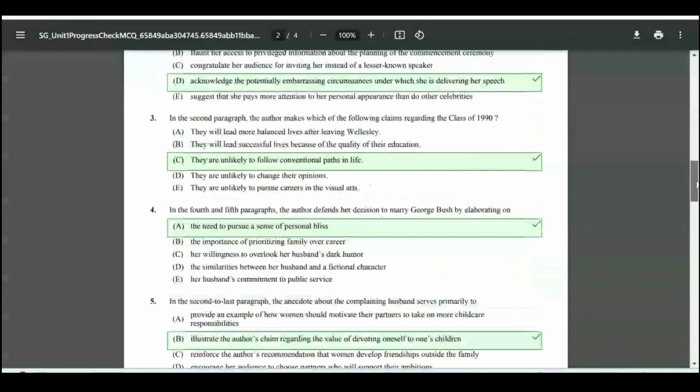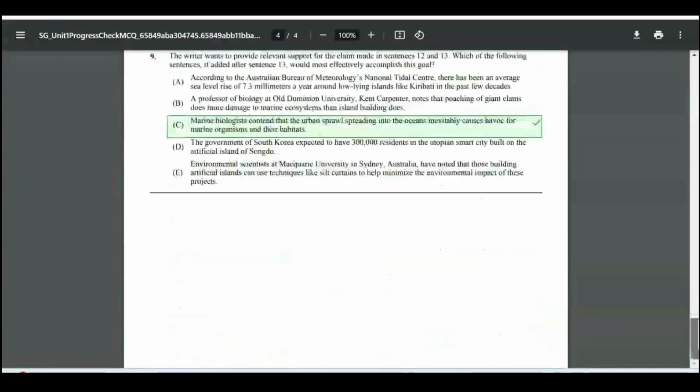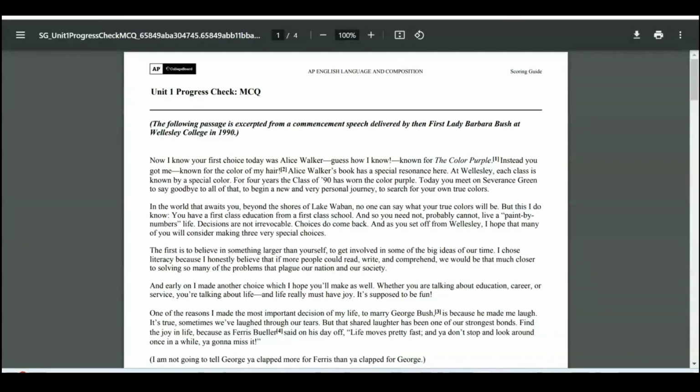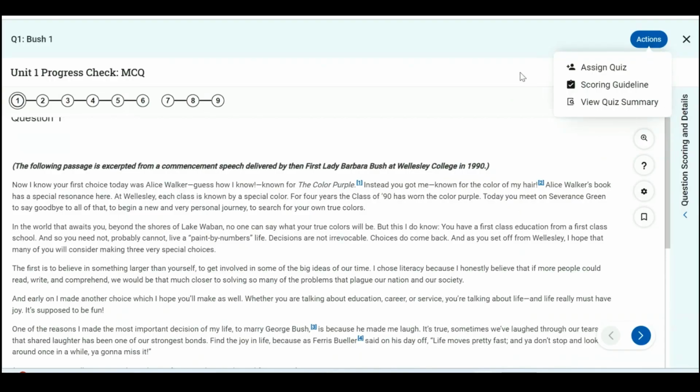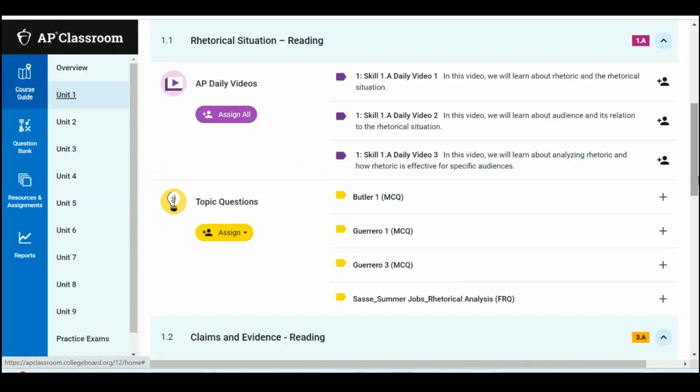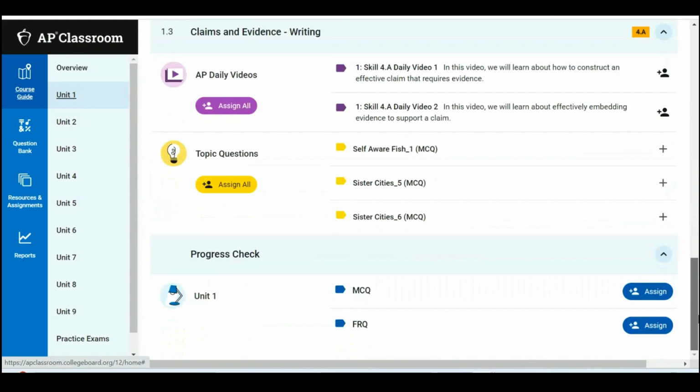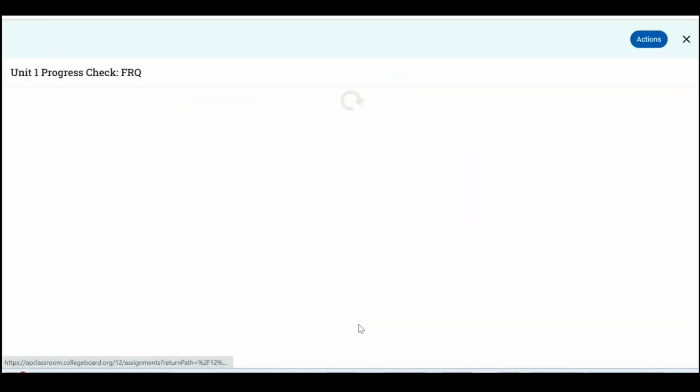Clicking the Scoring Guideline button will generate a PDF of the passage with correct answers that you can use to review with your students after the progress check. Just remember not to release answer keys to students, as this jeopardizes the integrity of the resources available to teachers on AP Classroom. If you choose to assign a free response question as a progress check, you can see that